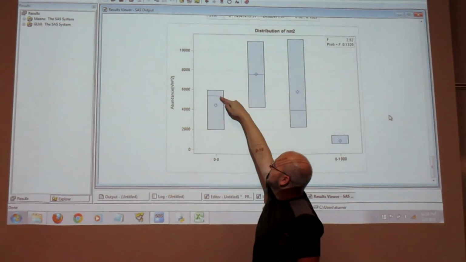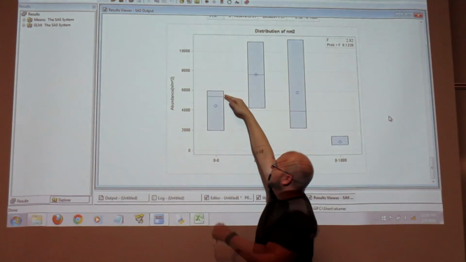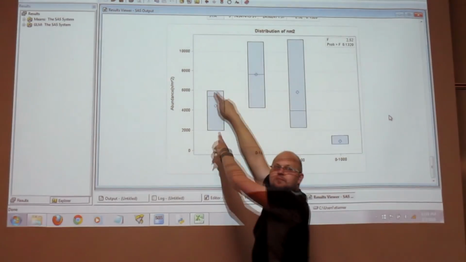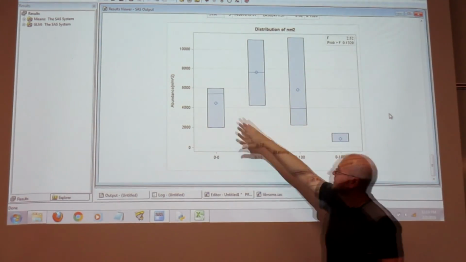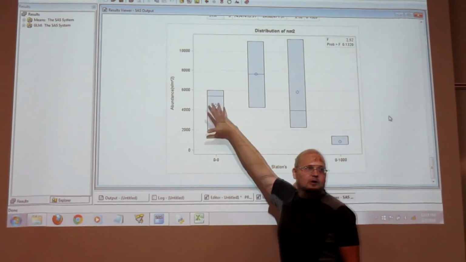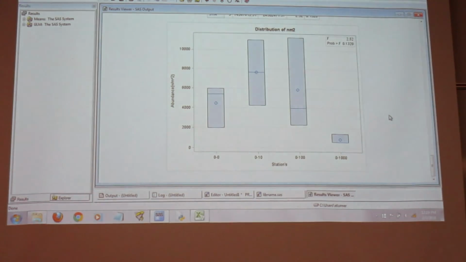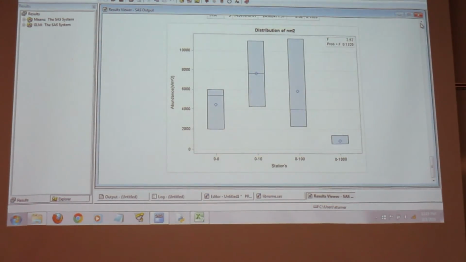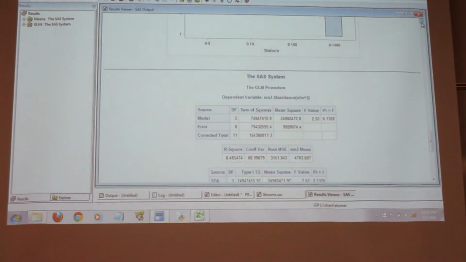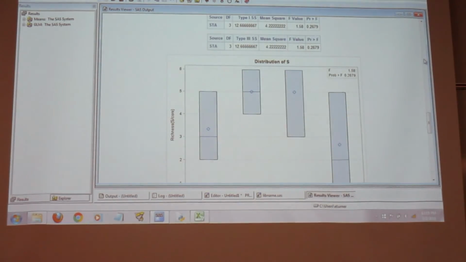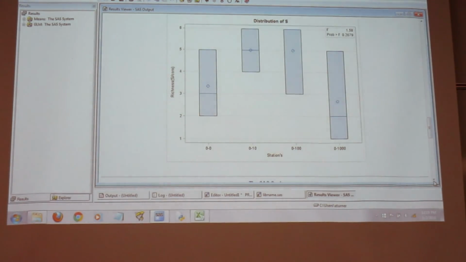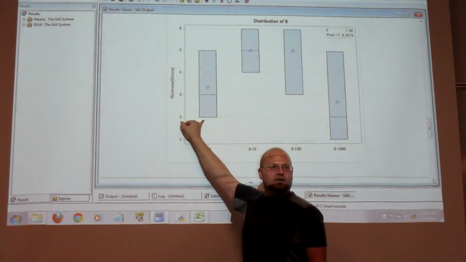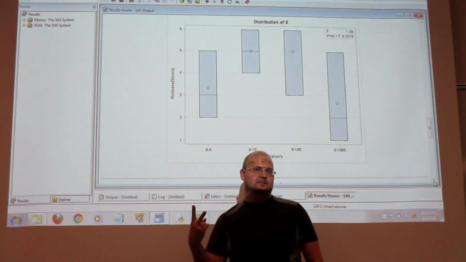So one of these is the mean, and the rest of this is the standard deviation. So it's printing out, it's using all the information from all the cores of that station, all 3. So there's a graph for that. And then above it is a graph for the richness. Same thing, because we told it to do those 2 variables. Okay?